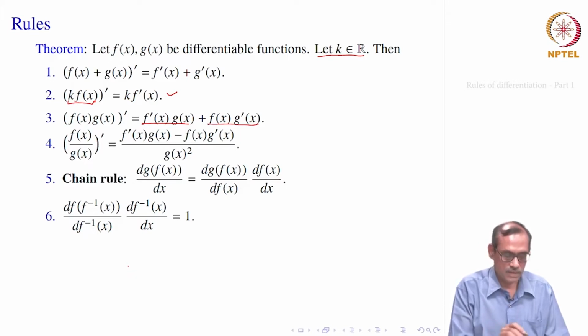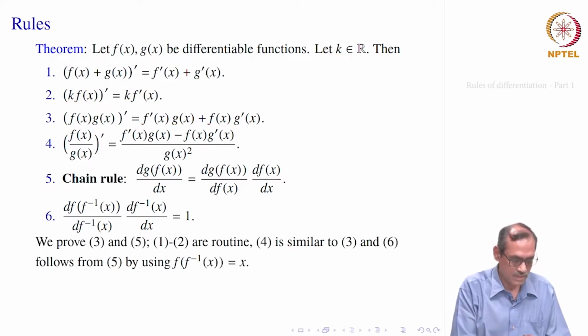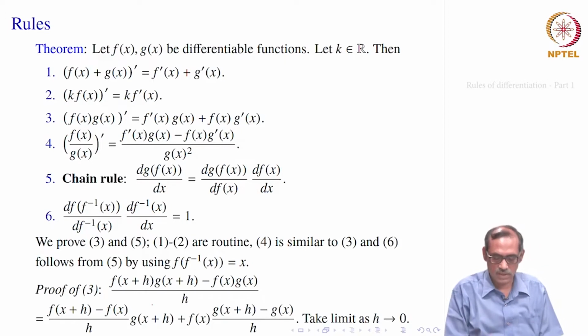Okay. Of course, we can see, if you want, this is not difficult. We have the derivative of f x g x on the left side. So, we have to compute the limit of its increment in f x into g x, which is f of x plus h into g of x plus h minus f x times g x. Divide that by the increment in x, which is h, and we want to find its limit. Here, for the time being, forget this denominator h, we will divide later.